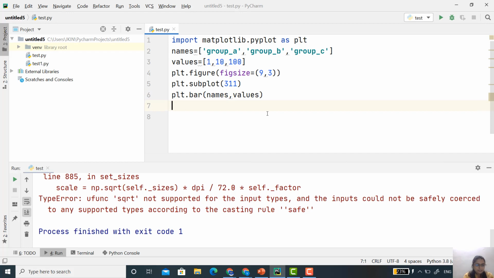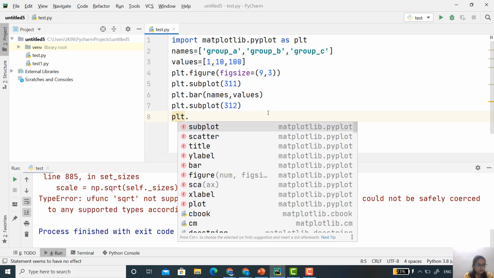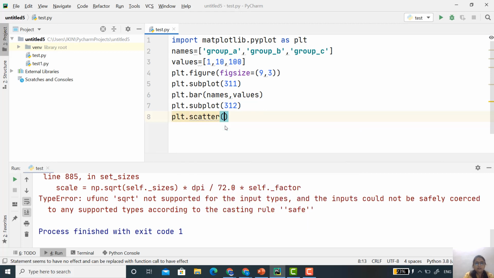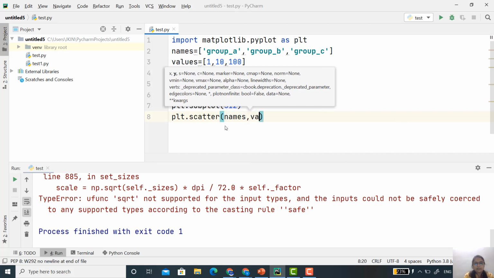Now second, I want to plot another subplot. So subplot 312, and again plot dot, here I'll use a different style, that is scatter, and again the same thing: my x-axis will represent the names and my y-axis will represent the values.